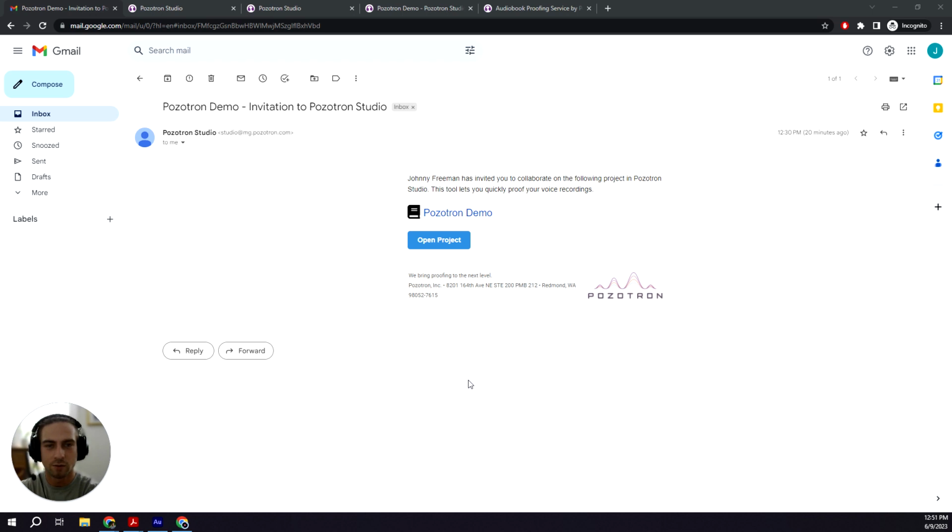If they've invited you to collaborate, you'll get an email that looks just like this. It'll tell you who it's from and also the name of the project and what they're inviting you to collaborate on. So you can go ahead and hit the Open Project button, and this will bring you to a login